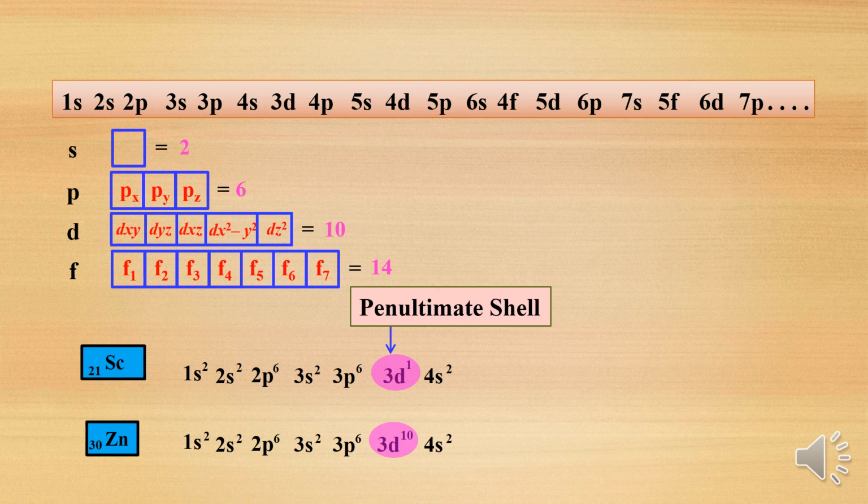Now if you consider argon, the nearest noble gas, the atomic number of argon is 18. Then you directly write argon. 1s2, 2s2, 2p6, 3s2, 3p6 is nothing but 18. So you can remove 1s2, 2s2, 2p6, 3s2, 3p6 and write argon directly. This is also one of the electronic configurations. Simple to write: the nearest noble gas is argon 18, then 4s2 3d1. Next, argon 18, 4s2 3d10. So 4s is the valence shell and 3d is the penultimate shell.